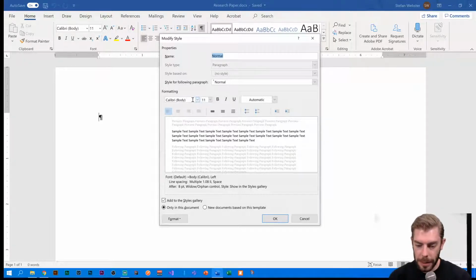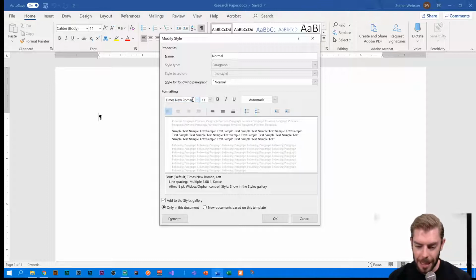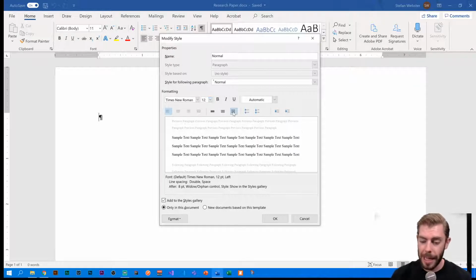So we have Calibri here, which is the default font in Word, and we're going to type in Times New Roman. Simply type in there, and we'll see that Times New Roman pops up. You have to highlight the word Calibri in order for that to happen. And we're going to change the size to 12, and that takes care of that for our document. We can see our sample text is too squished together. We need a little bit more space between the words, so we're going to go ahead and click on the